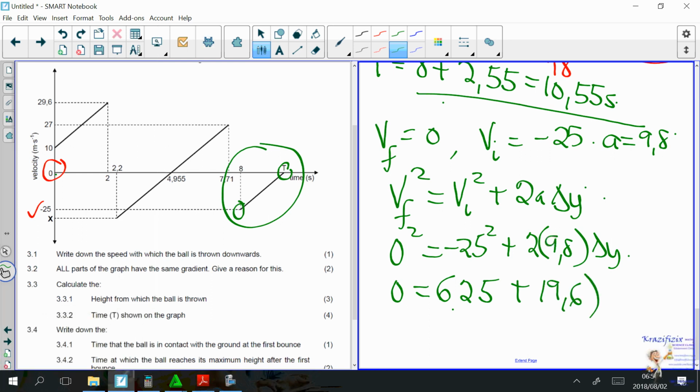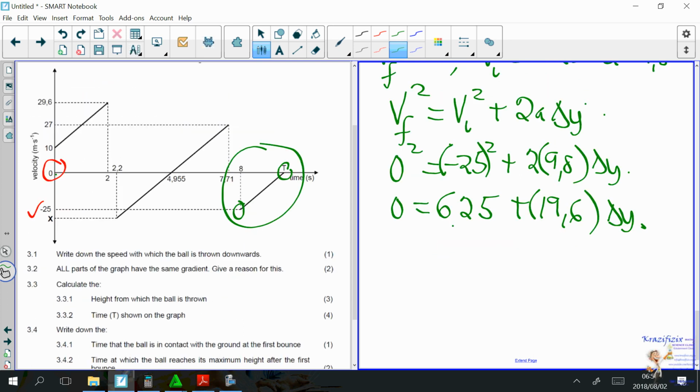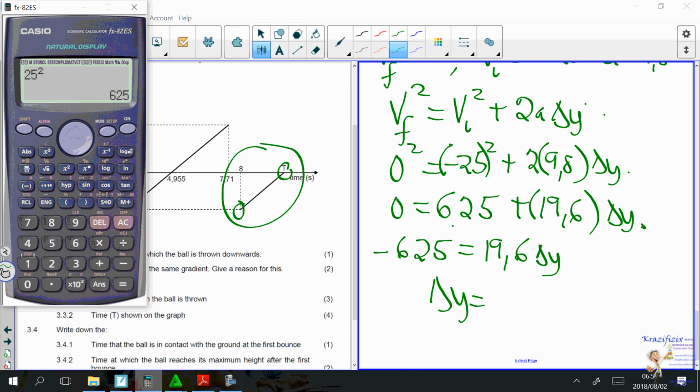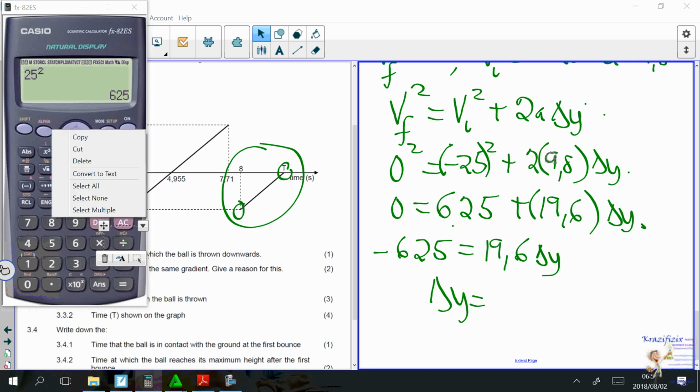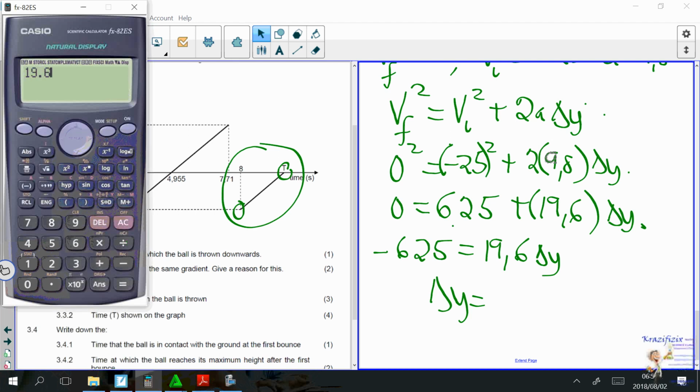19,6 delta y. All right, remember this is negative. My velocity is negative there. Okay, so when I move this over, I'm going to have negative 625 equals 19,6 delta y. If we divide both sides by 19,6, what are we going to get? Divided by, okay, I'm with my calculator, 19,6. All right, what am I getting? 625 divided by 19,6. I'm actually getting